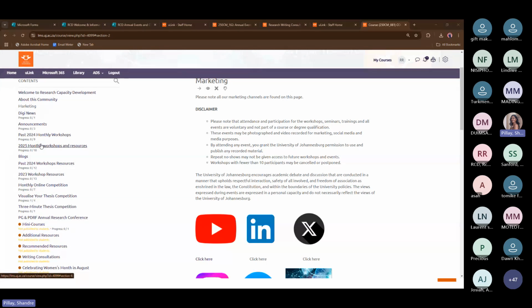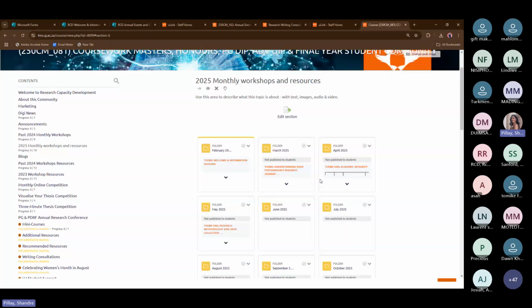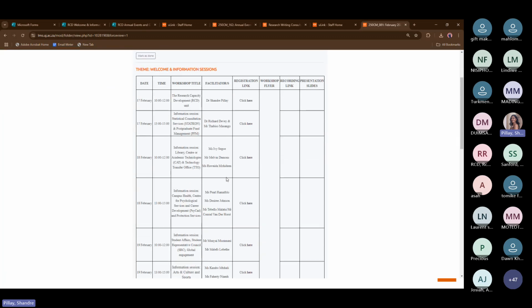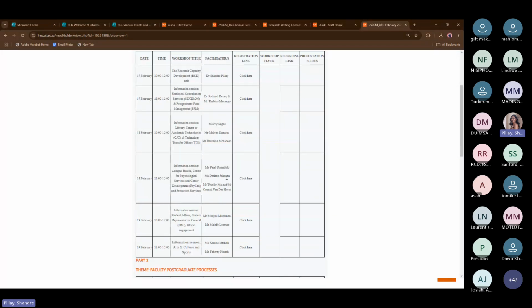And then we have the 2025 upcoming workshops. For now, a lot of these would be blocked and not accessible except for February. We will release them two months at a time as soon as we confirm with the facilitators, but as you can see, we already have the themes and the workshop plans. For now, the February workshops are the welcome and information sessions for postgraduates and academics.